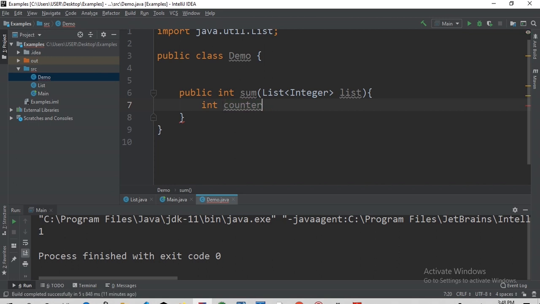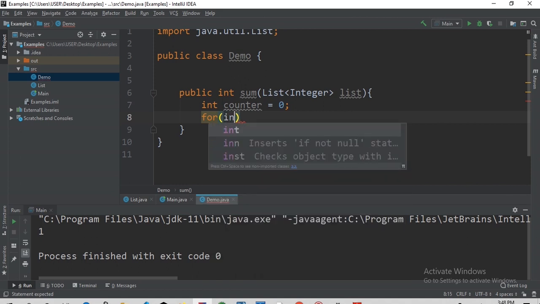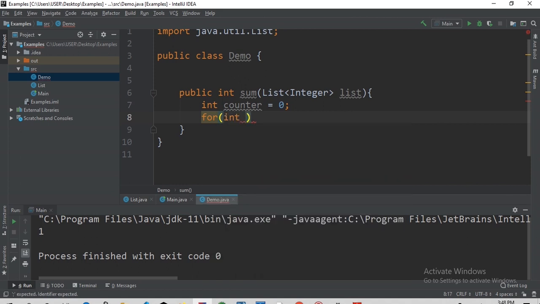We have counter, and we will set this counter to 0, and you can use it to sum the value, and use a for loop to, here we have for loop, and then have list to